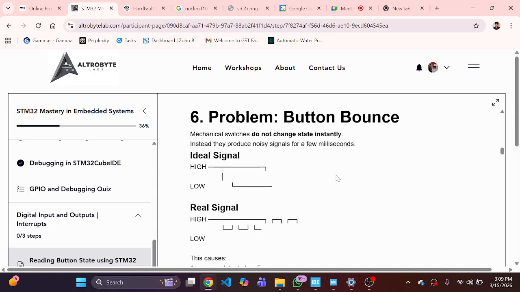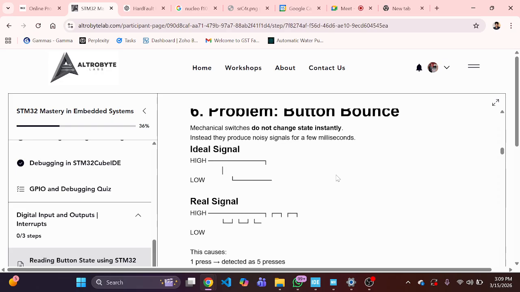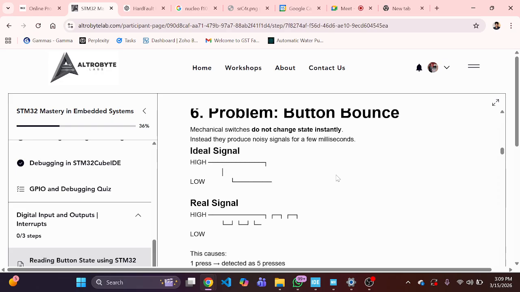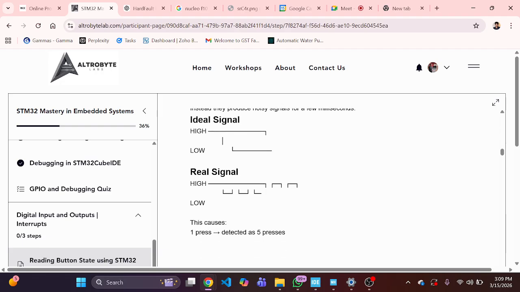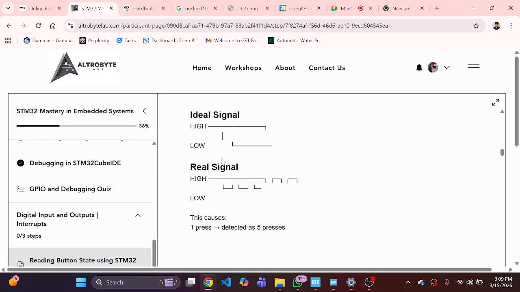The problem is button bounce. Last time we saw this on the ESP32, the debouncing case. That means the noise between high and low. You can see it clearly here, the button state between the low and high. So the controller will not understand whether it is completely low or completely high. So that's why